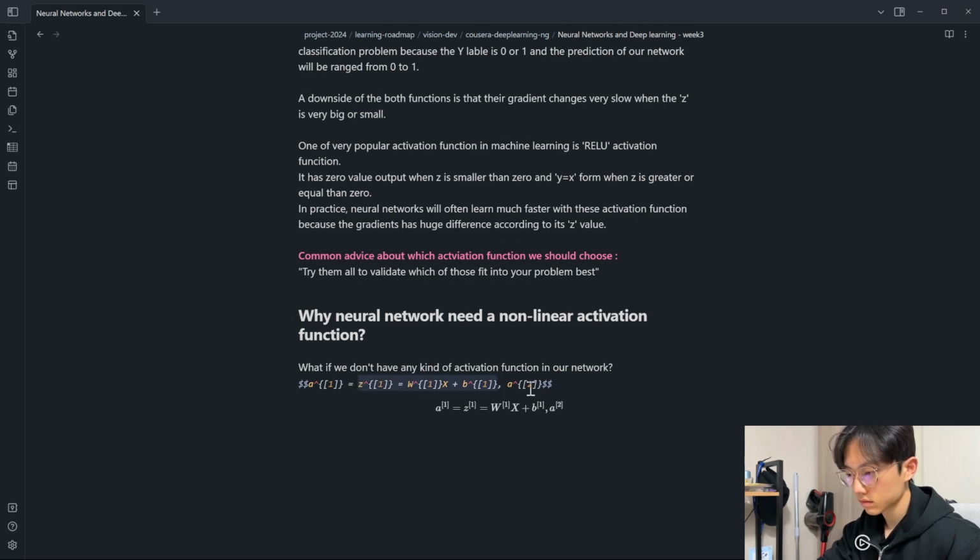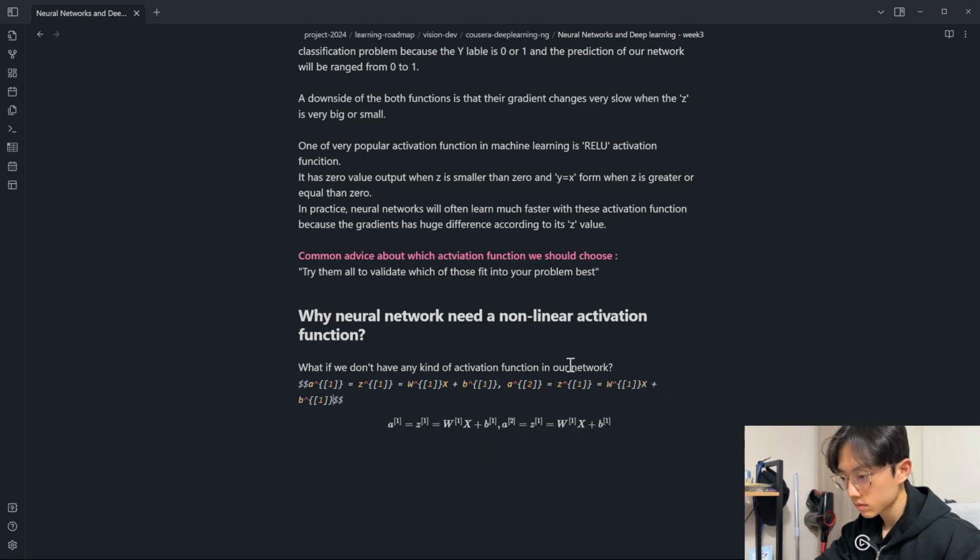Then if you take this definition of a1 and plug it in there, you find that a2 is equal to w2